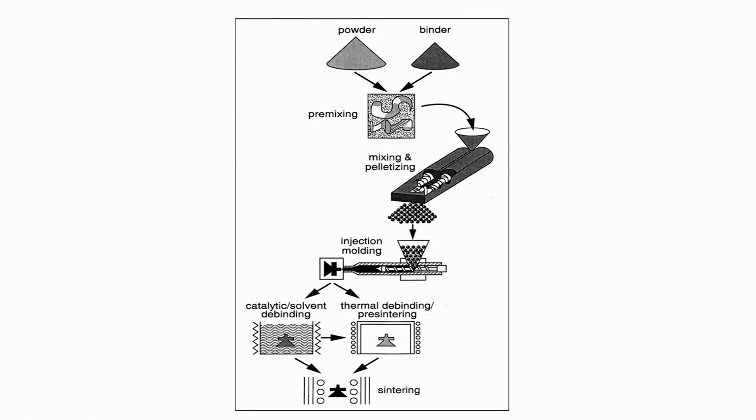Now, this is a schematic representation or process description of the debinding, and what you see here is that you have a powder. It can be ceramic powder or polymer powder, and it has a binder. First, it is premixed. The premixed powder with binder is charged into the mixing and pelletizer. Then it forms pellets of different sizes. Then it is fed into the injection molding chamber, and depending on the mold shape and size, you finally get this particular product, which can further undergo debinding either by thermal debinding or pre-sintering or by sintering.